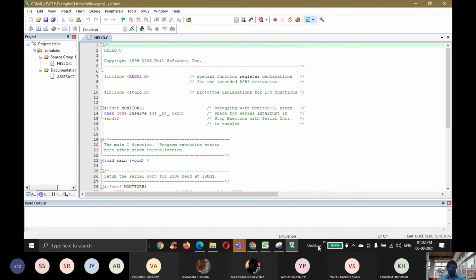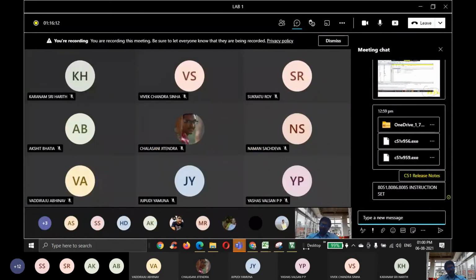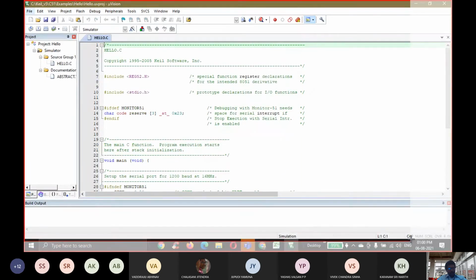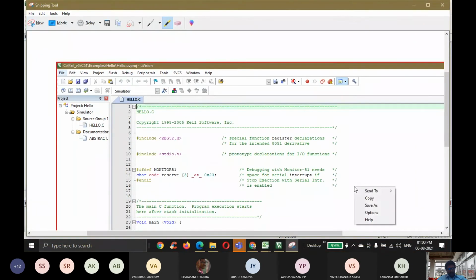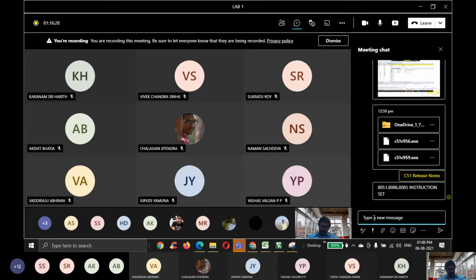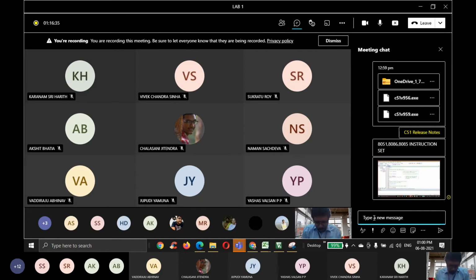So it will look like this. This will be the look of your software. I have given the procedure for installing. Now you can give the attendance and leave from the class.